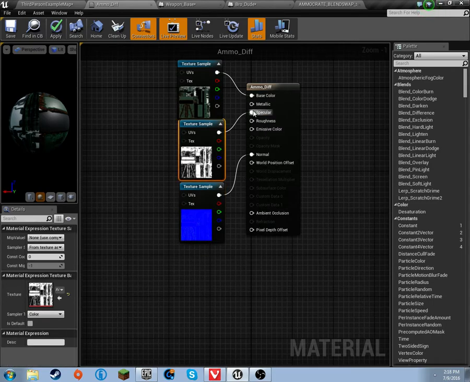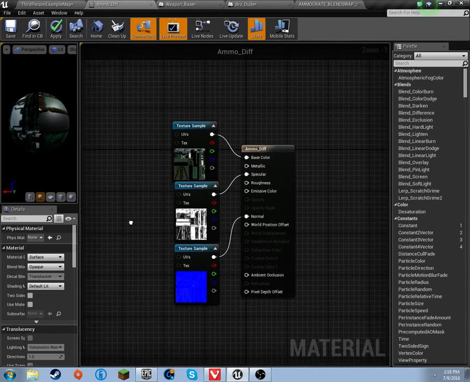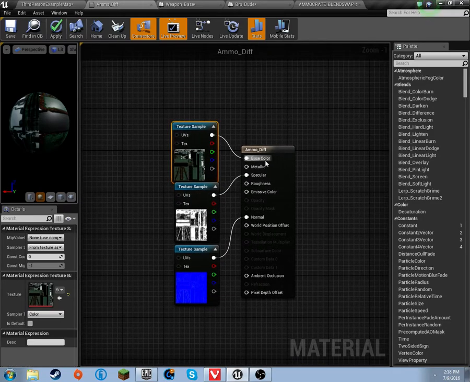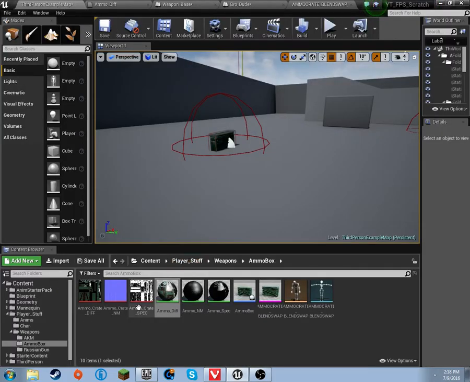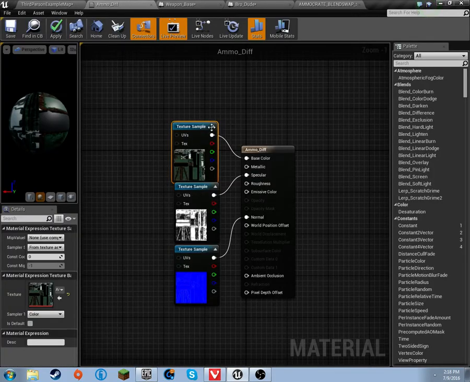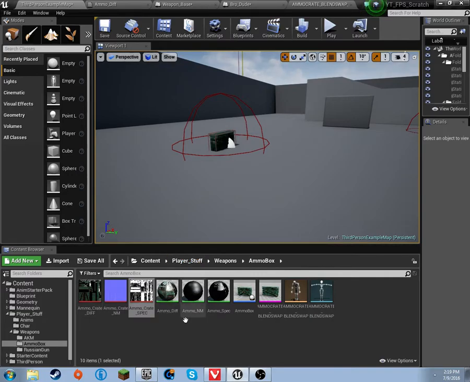The specular, which we have connected here, that's kind of just shininess and adds different reflective parts, and it's just material science that I don't understand. And then your diffuse, or the base color, is just the normal color of everything. So pretty much what I did is I just took these individually, dragged them in, and hooked them up. So the color one goes to base color, the black and white one goes to specular, and the blue one goes to normal. So I applied that, and then after that was done, I dragged it